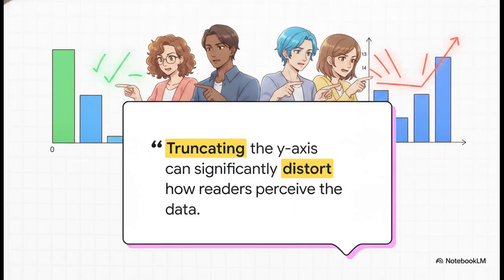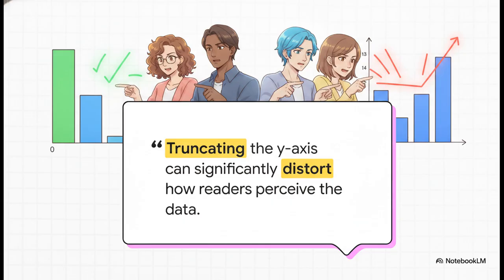And this is exactly why data visualization guidelines firmly state that the height of a bar represents its full absolute value, meaning bar charts absolutely, unequivocally must start at 0. A good graph is supposed to make data easier to understand, for sure, but it should never make it easier to misinterpret. When you arbitrarily cut off the bottom of a bar chart, you are basically robbing your reader of